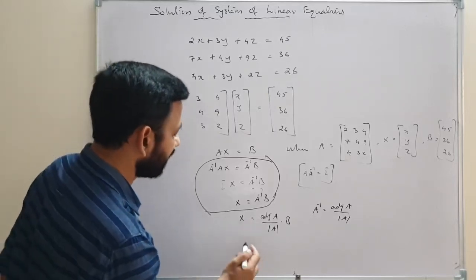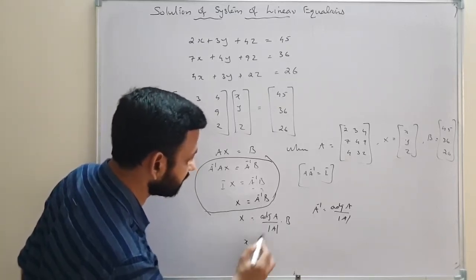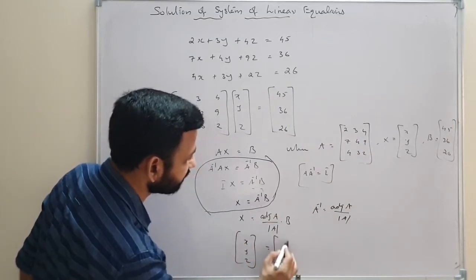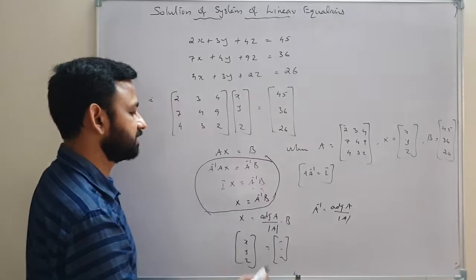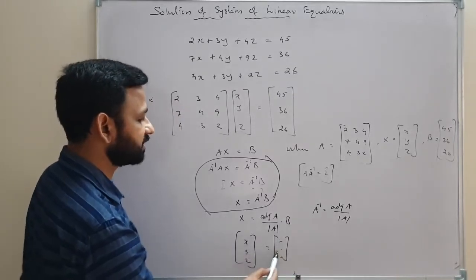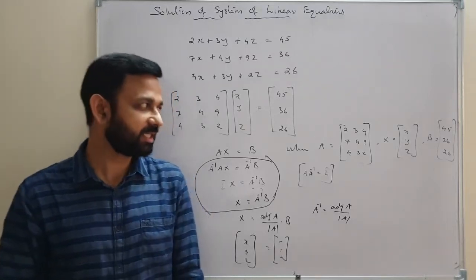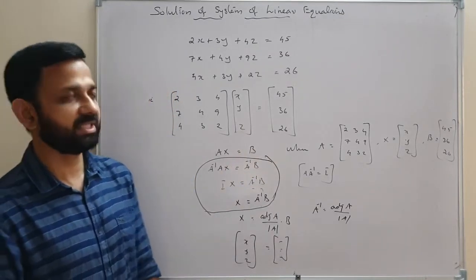So lastly, we will replace X, that is X, Y, Z. X, Y, Z equal to, we will get one column matrix here, three numbers. Then X is equal to the first number, Y is equal to the second number, and Z is equal to the third number. So that is the method. That method is known as the matrix method.